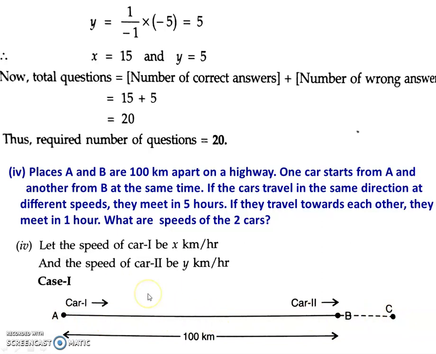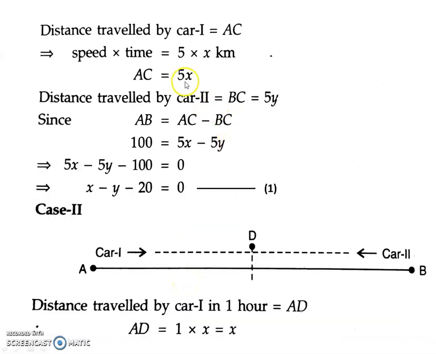Okay, so that is the speed we have assumed as x and the time taken we know is 5 hours. So using that we get AC distance is equal to speed into time. So, x into 5 or 5x. Same way, the distance travelled by the second car will be 5y. Both are taking 5 hours. So that time is same and speeds are different. So, 5x and 5y are the distances.